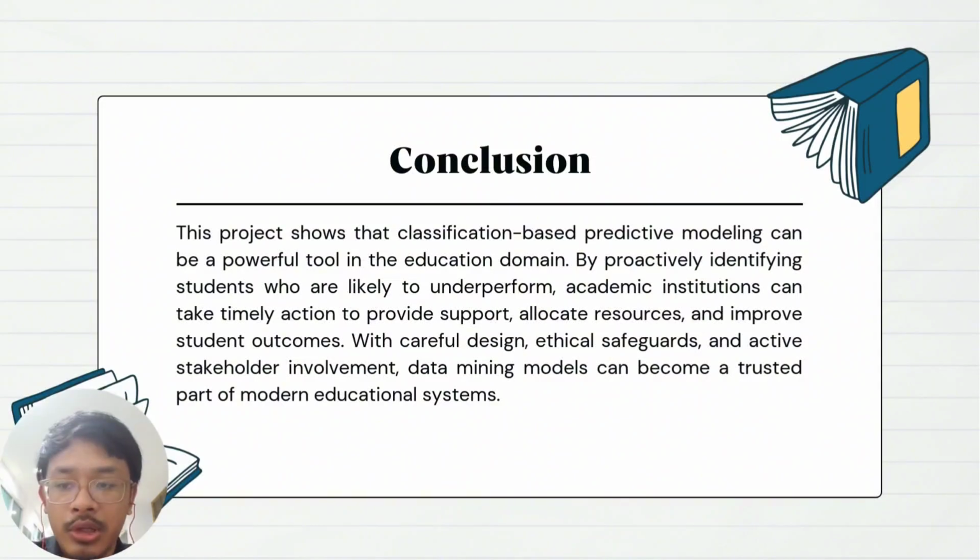For the conclusion, this project showed that qualification-based predictive modeling can be a powerful tool in the education domain. By proactively identifying students who are likely to underperform, academic institutions can take timely action to provide support, allocate resources, and improve